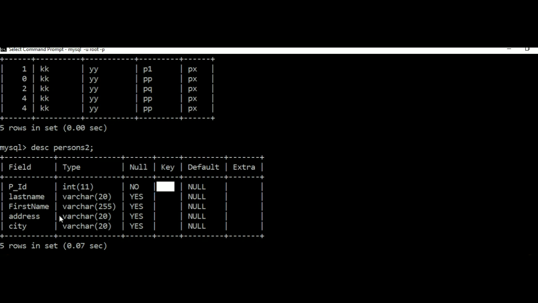Okay, so this is how you are going to work with unique key constraint. So in this video we saw what is unique key constraint, how to create a unique key constraint for a new table, and how to create a unique key constraint after creating a table, that is adding a unique key constraint for the existing table, for a single attribute or a combination of attributes, and then also we have seen how to drop the unique key constraint for a given table.